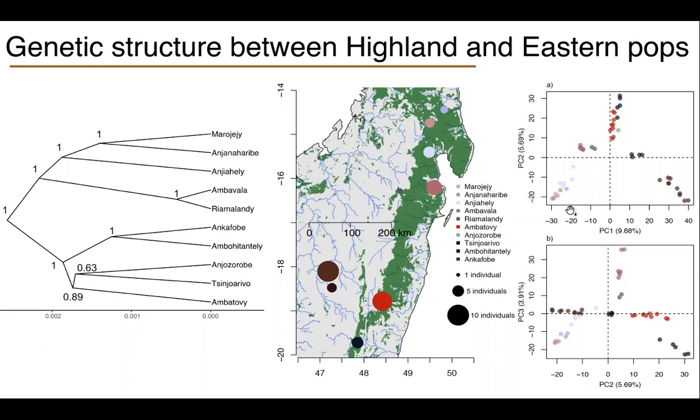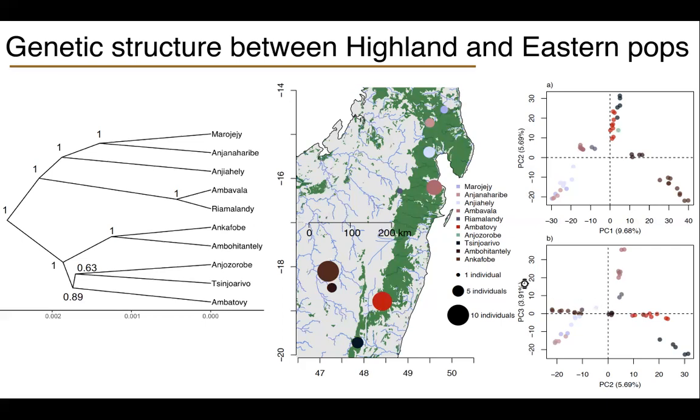And we can look at patterns of genetic structure. So the PCA really reflects both the tree and the geography. Here's Ankafo Bay and Tiley. Here are those eastern forests in the south, all clustered together. And here's that northern range. And then once we start to look at PC2 and PC3, we see, well, here's Ankafo Bay, Tiley, Ambatovi, which can be kind of indicative, perhaps, of gene flow between these eastern forests in the south and